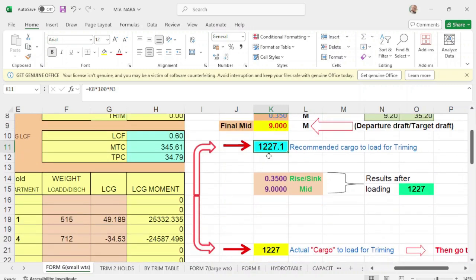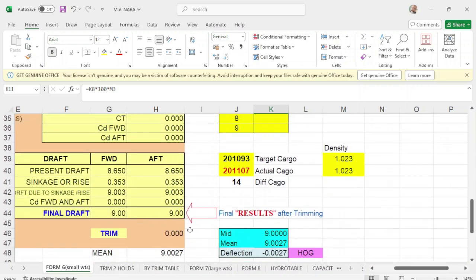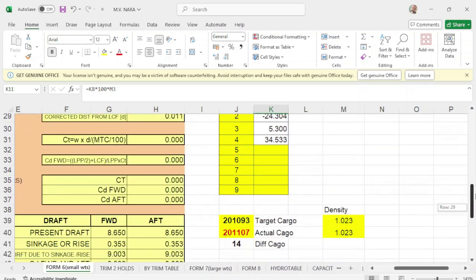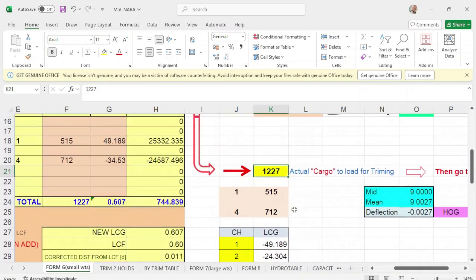Take note, guys, if I have 25 metric tons more, but I still get the departure drop of 9 meters. Okay, but here, if you're going to use, let's say again, 1202,